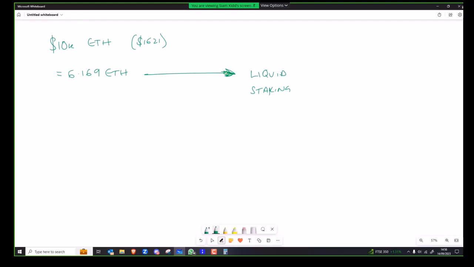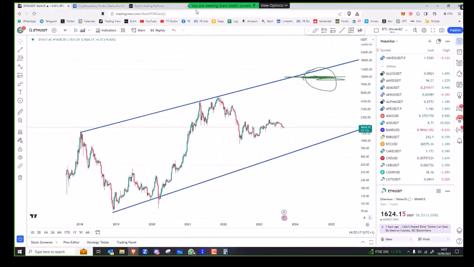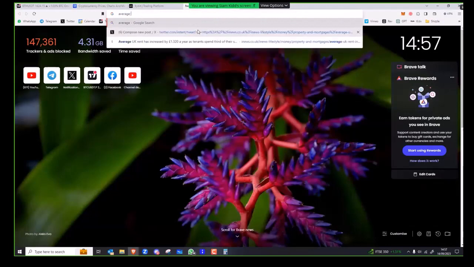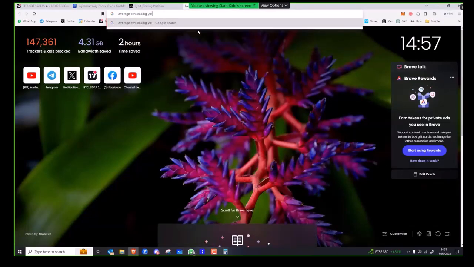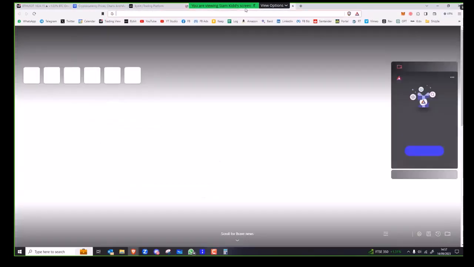I know I used to stake Polkadot quite a lot. In fact, I've still got some DOT staked in some Ledger somewhere. But anyway, liquid staking. Now, you're going to take a little hit, so I wouldn't leave it on Kraken or a centralized exchange to do it. But let's just say 3.5%, I guess. That was the average ETH staking yield. And then there's another one, which was